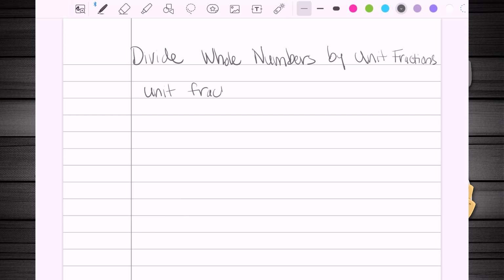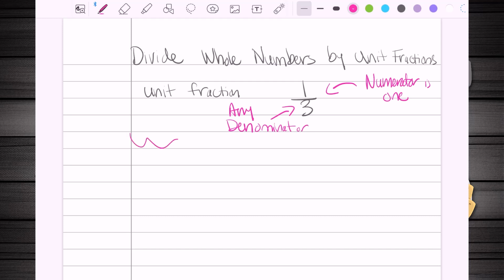So, unit fractions. I'm going to write 1/3. Now, for a unit fraction, the numerator is always 1. The numerator is 1. And the denominator can be any number. A unit fraction always has a numerator of 1 and any denominator. So we have that at the top of our notes to remind ourselves, and we can talk about dividing whole